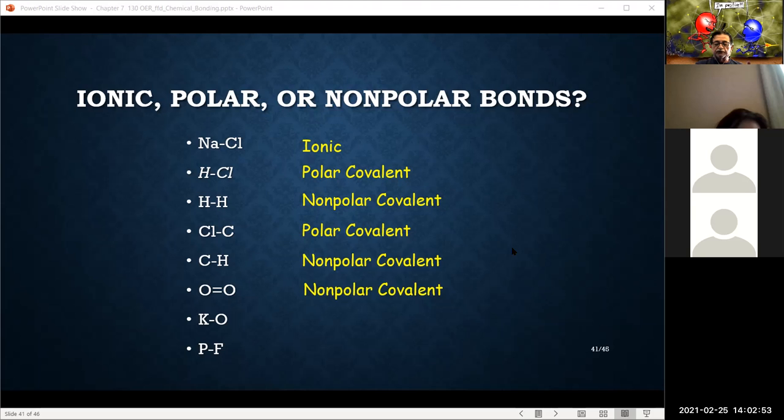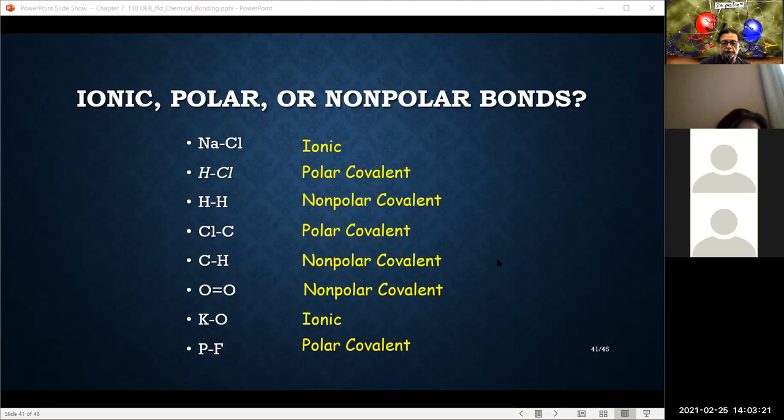Potassium and oxygen. We have potassium, which is a metal, and oxygen, which is a nonmetal. Ionic compound, you don't have to go any further, okay? And phosphorus and fluoride, both nonmetals, both different nonmetals, polar covalent, okay? All right. Now,